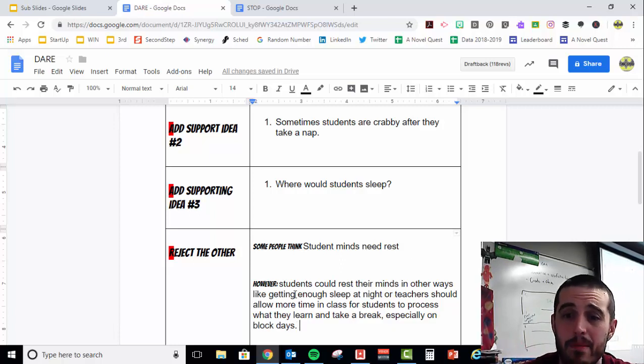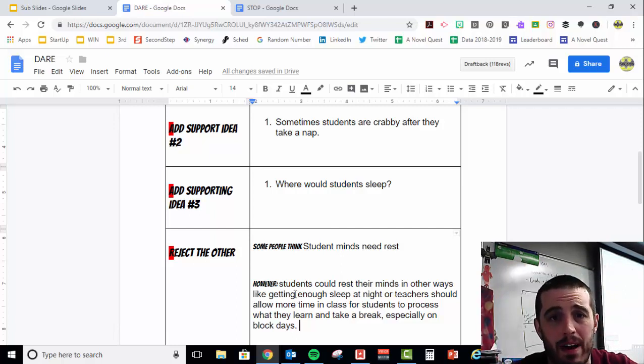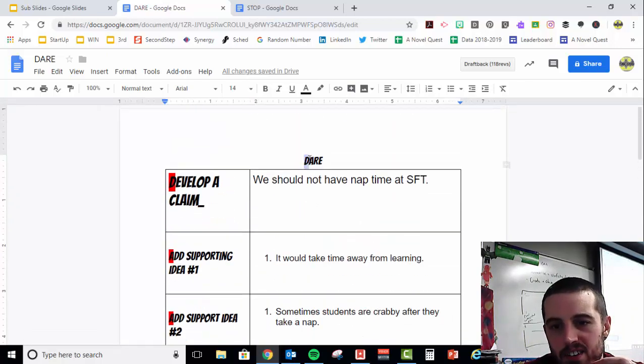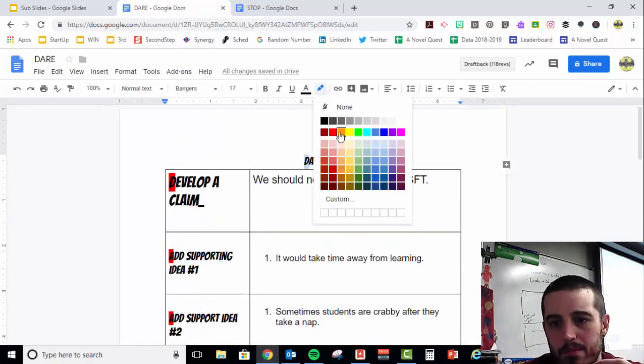I'm going to leave it there. I may come back and tweak that. This isn't set in stone. You're still in the outlining, brainstorming phase. Okay, you brainstormed, you're outlining, you're putting things together, but this isn't your actual writing. You will then take this and put this into a letter format for the next step. Okay, so DARE, develop a claim,